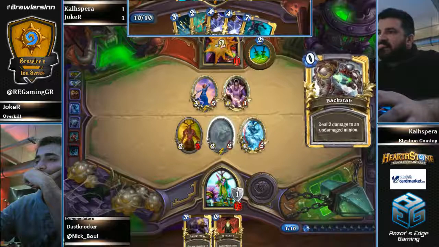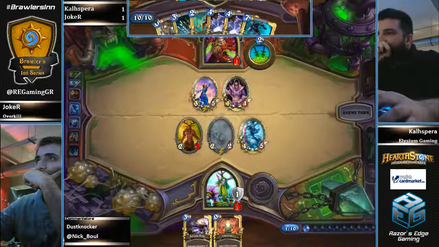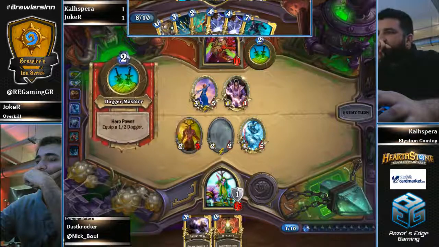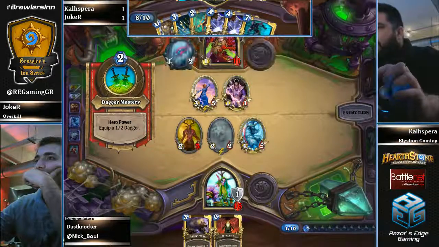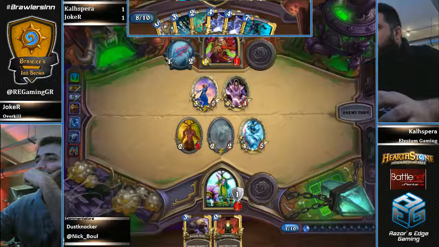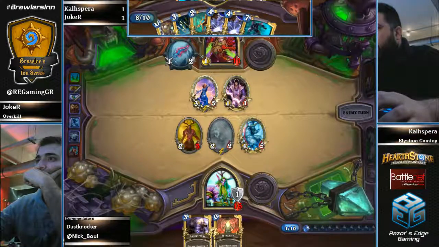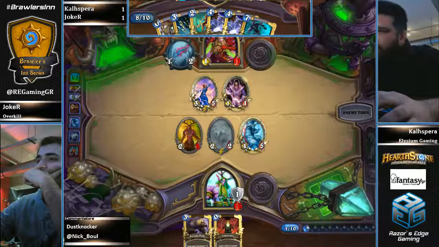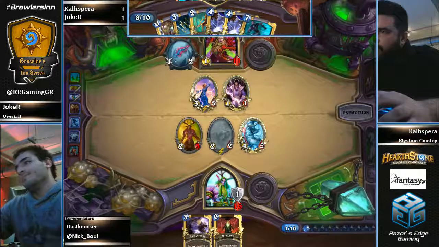Clears 1 token and goes face, and he passes the turn back to... I'm sorry, Joker wants to clear the tokens, but he passes the turn back to Kalispera, who is going to equip a dagger, and let's see if he chooses to actually risk the oil falling onto one of the tokens that will come into